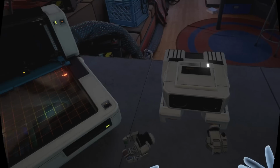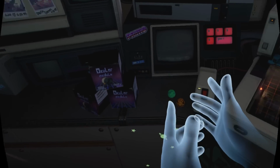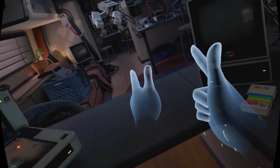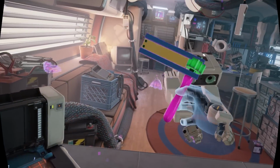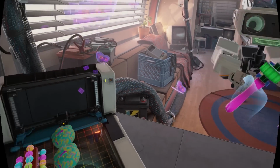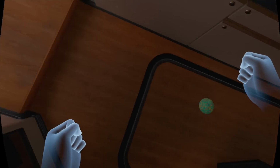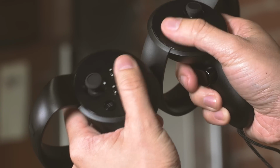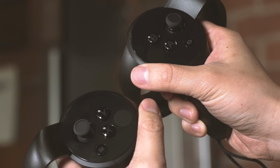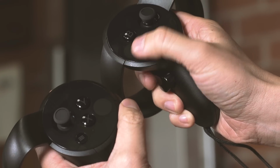And I think Oculus designed this for hand presence, to get virtual hands in the virtual space. And in all their tutorials and demos, they really show those glowing blue hands prominently. And a lot of that is benefited by the fact that you have these capacitive sensors in addition to buttons on the controller. So buttons first, you have a trigger button, analog trigger. You have a grip button on the side for your middle finger. Also analog. And then on top, you have a thumbstick, which works as a button, and two buttons,